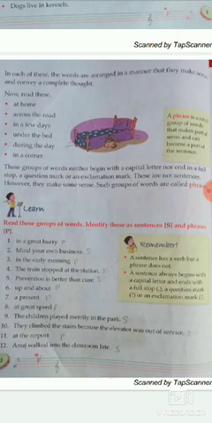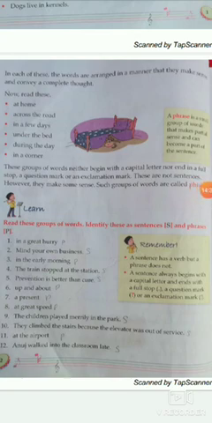Now next, number 4, the train stopped at the station. So students, tell me, is this a sentence or a phrase? This is a sentence. Number 5, prevention is better than cure. So students, tell me, is this a sentence or a phrase? This is a sentence. So we write here S. Next, number 6.